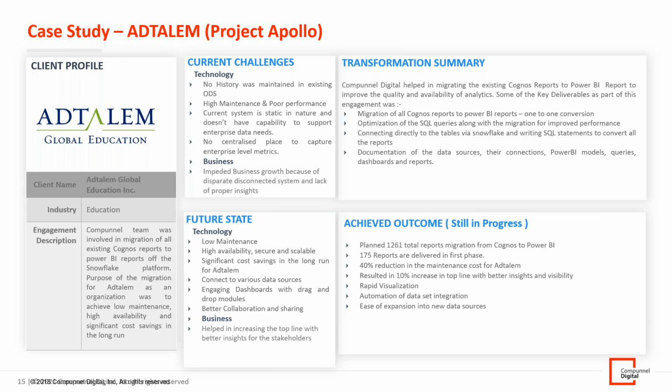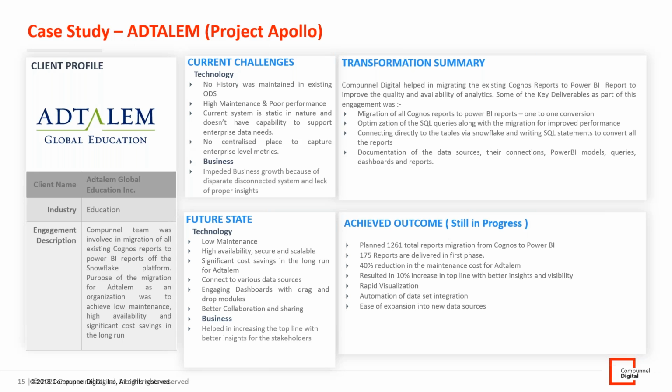They didn't know how to migrate all the reports pointing from Oracle to the future Snowflake, so that they can use Power BI as a reporting tool or data visualization tool once the data is migrated